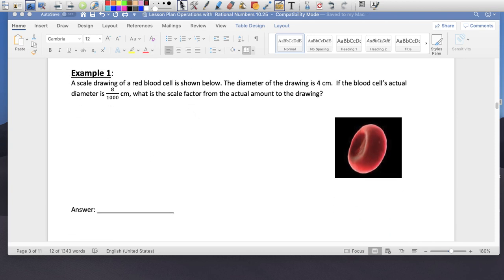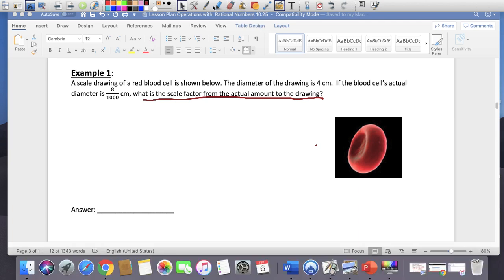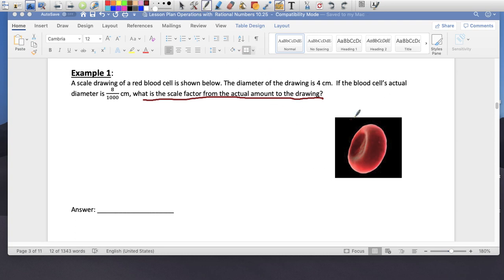All right, let's look at the first question here. Scale drawing. So this is a blood cell. Okay, it's a picture of a blood cell, right? But the actual blood cell is very, very tiny. So this is the scale. They're asking, what's the scale factor going from the actual amount to the drawing? So we're going from the drawing to this. So we're going to go from big